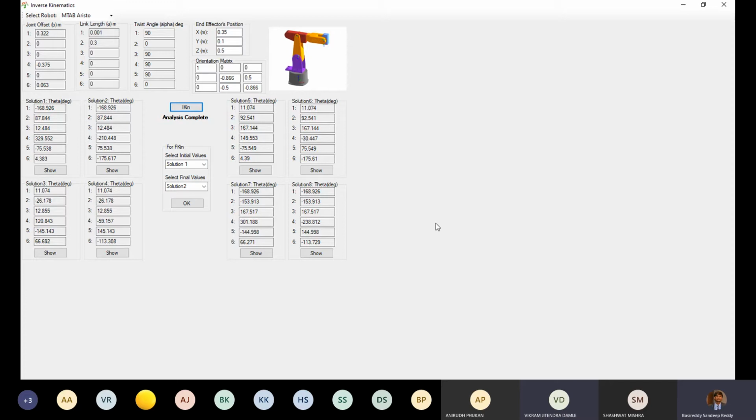To note here, sir, is that there's only 2 solution sets for theta 1, theta 2, theta 3. So it's only alternating between those. Yeah, when we total are 8, theta 4, theta 5, theta 6, also we have to calculate right now. But for theta 1 to theta 3, certainly it won't be 8. So there's only that minus 168 solution and the 11 solution. Yes, only 2 of them.